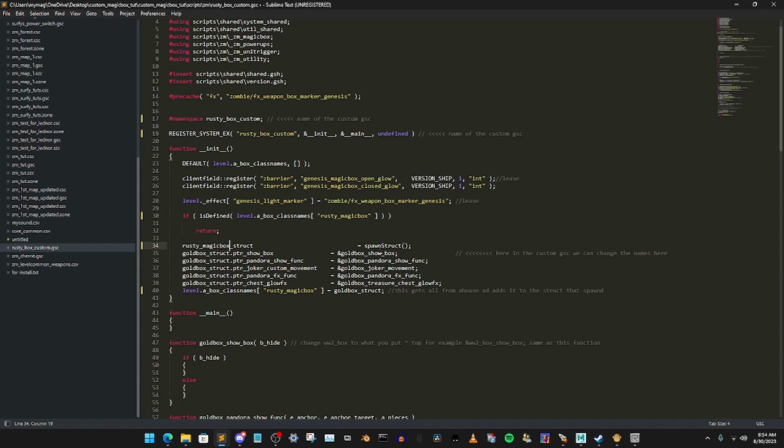And you want to do that for every single gold box that you see. Just type in your name of the box. It doesn't matter what it is. I'm just going to use Rusty Magic Box because that is what my box is. I mean, I could have Rusty Box. Also change this as well because you will get an error. So make sure gold box is changed to Rusty Magic Box because it comes up here,